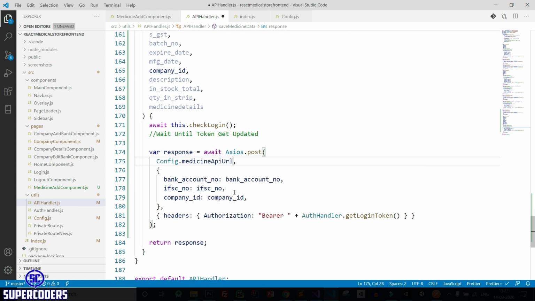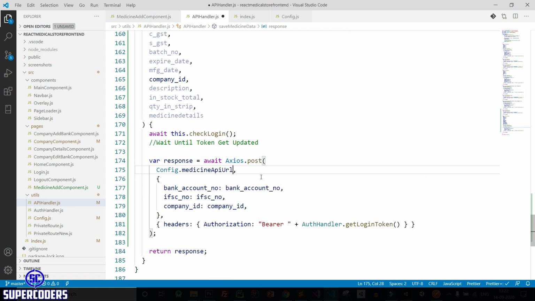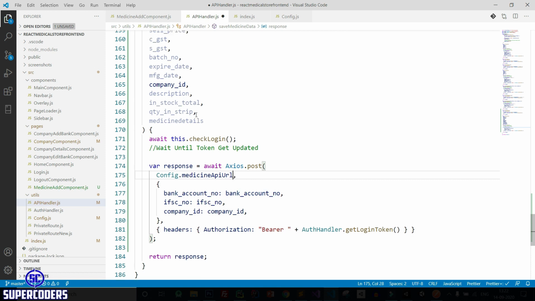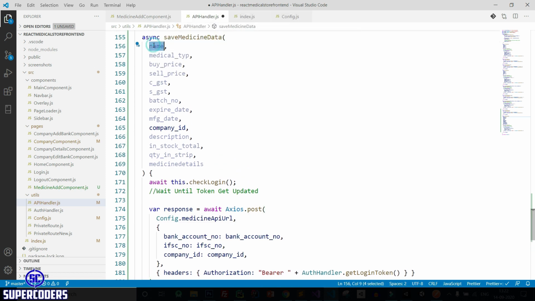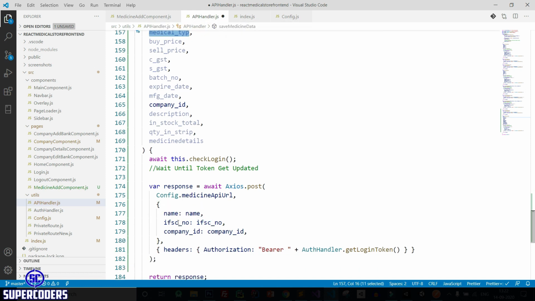Now let's pass the data here. So let's see, name equal to name, medicine type, buy price, sale price.